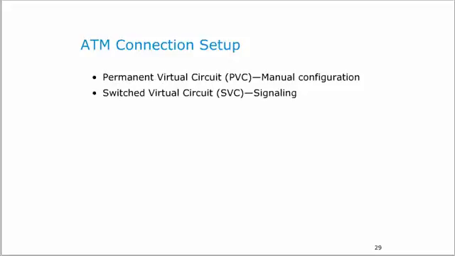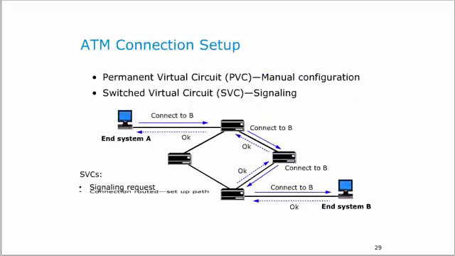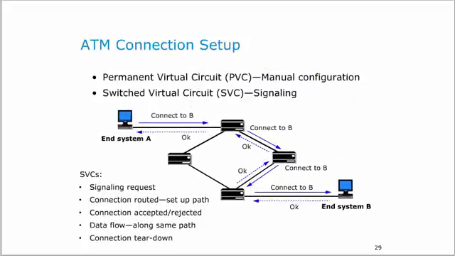In a switched virtual circuit, or SVC, the connection is created and released dynamically whenever an endpoint needs to send data. Because the connection stays up only as long as data is being transferred, an SVC is similar to a telephone call. Unlike PVCs, SVCs do not require manual setup and only consume network capacity when they are established. SVCs are set up automatically through signaling. The disadvantages of SVCs include the extra time and overhead required to set up a connection. Although not a focus of this section, ATM also offers connectionless service, which is similar to switched multi-megabit data service,